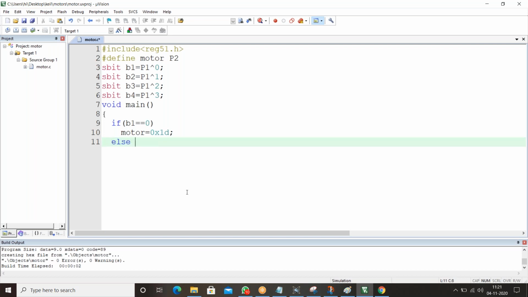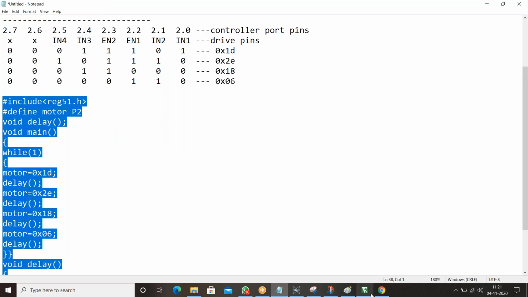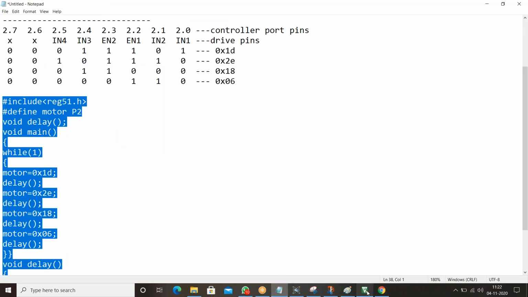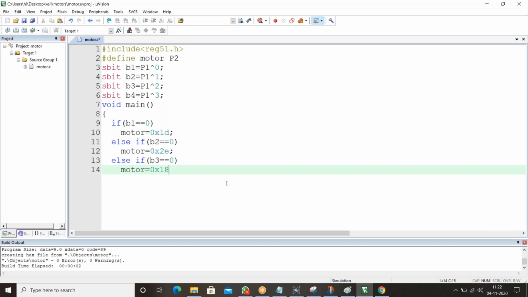Else if, what's the next case? If button 2 is equal to 0, then motor should be rotated in reverse direction. The two cases I took reverse. 0x2e. Clear? Else if button 3 is equal to 0, then motor, what is the third case? Motor should be rotating 0x18.